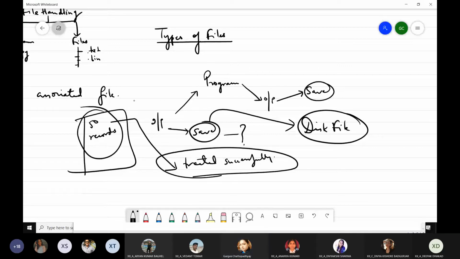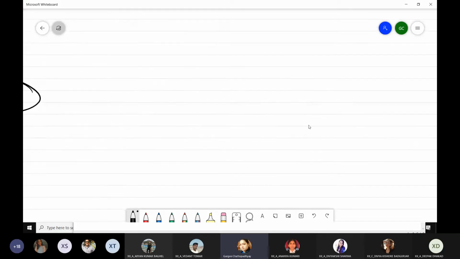So this is a very easy way of saving data for later use. Okay, save the data as and when it's coming, and later on, what we can do is use that data. Understood? So this is the main requirement of file handling. Why we need files, so that we can go on saving the input or output in a particular file, and we can use it later on, right? Coming to types of files.